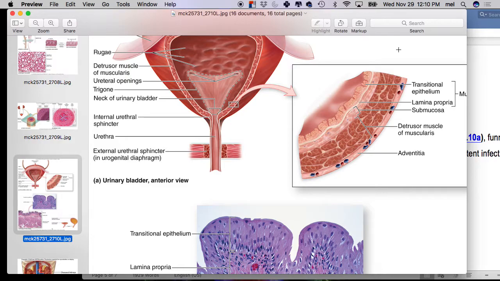Collectively, all of the smooth muscle in the urinary bladder is called the detrusor muscle. So for instance, if you want to empty your urinary bladder, you contract your detrusor muscle. Does that make sense? Okay. Collectively, it's all called the detrusor muscle. And then around the outside, remember, it's all stuck into the connective tissue down there. So the outer layer is not serous membrane, it's adventitia, which is connective tissue. Good? Okay, so